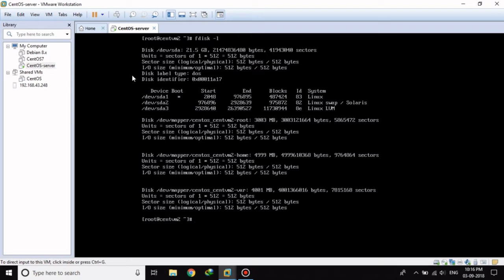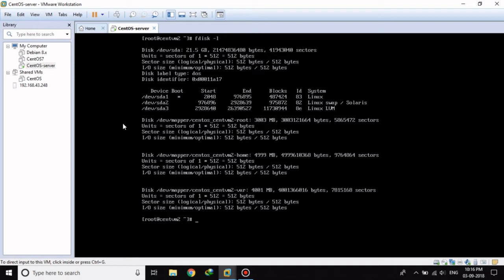As you can see over here, if we type fdisk -l, it says the hard disk is 20 GB, and the LVs are 3 GB, 5 GB and 4 GB. It is almost 11 GB of space along with the swap partition and boot partition. So we are left with 7 GB of unallocated space that we have not allocated to any